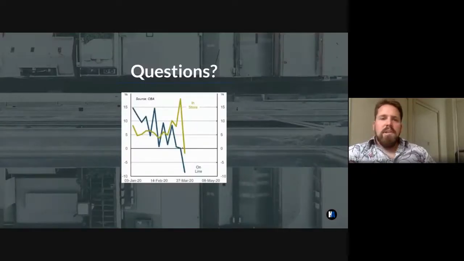Beautiful. So obviously we've gone through that first section really quickly. What we might do now is just stop and see if we have any questions. I put this little chart on here to help try and drive some of those questions forward, possibly. This chart was produced by the CBA just this week. It's looking at differences in percentage spend from this year compared to last year.